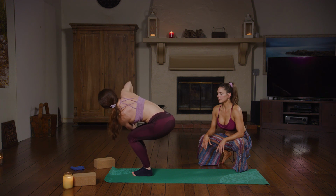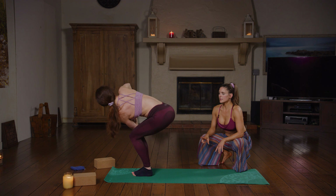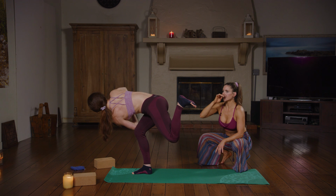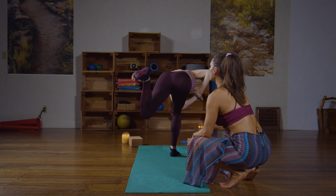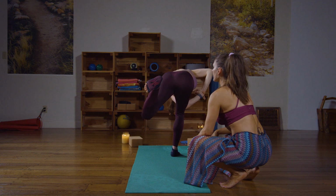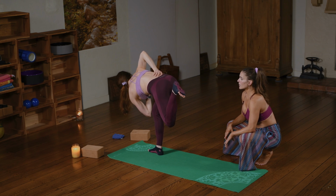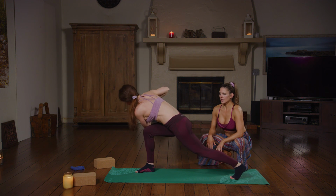Keep the twist. And then slowly bring your left heel up towards the sky. Keep the twist. Left heel's going to come up. Bottom of the foot's going to go towards the ceiling. Nice. We're keeping that press through the palms. It's a little push up through your left heel for 4. And if you need a little help, 3, you can open the arms up. For 2, you can bring your right hand to your low back and your left fingertips to the floor on your block. And then we're going to take a pause and we're going to step back into that twist and